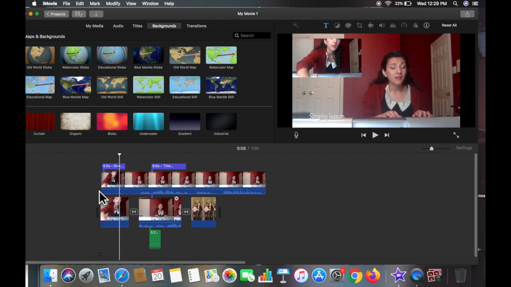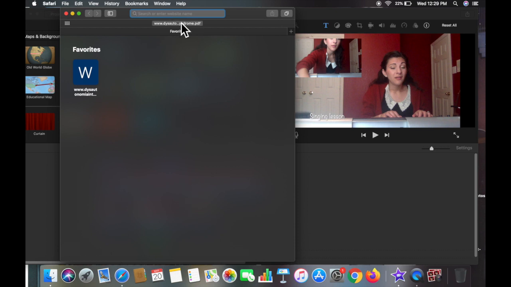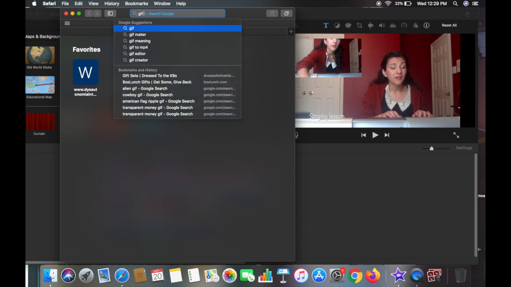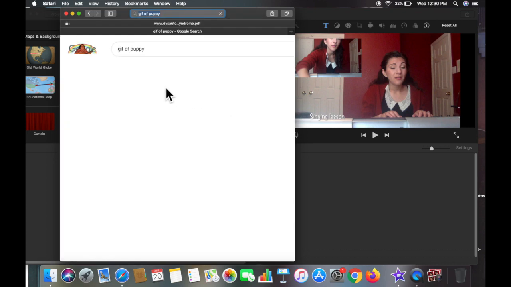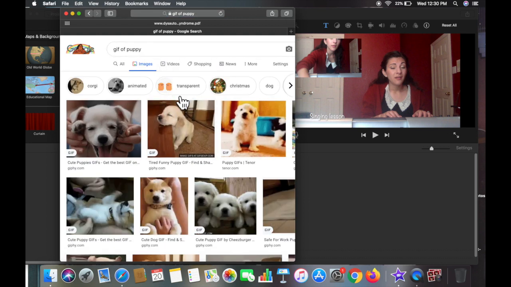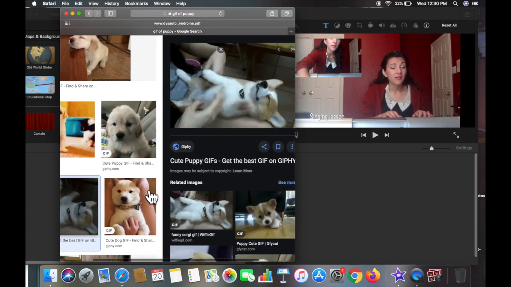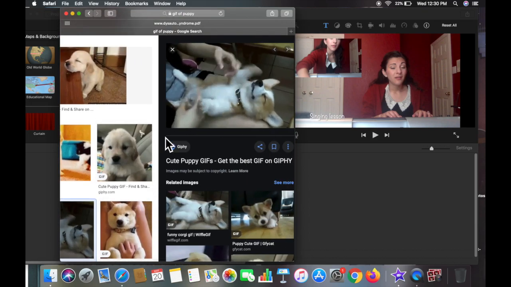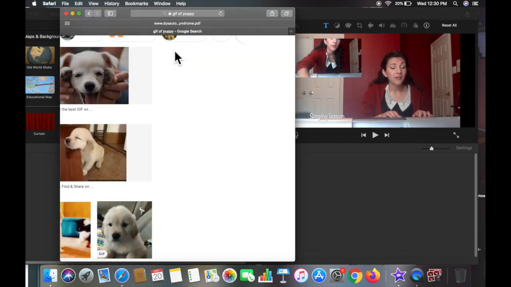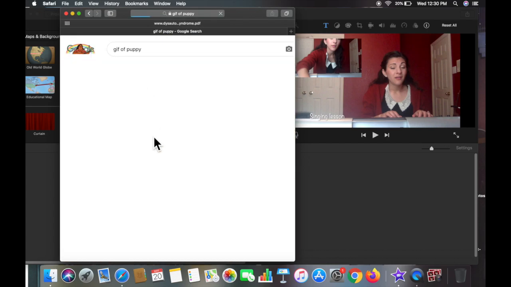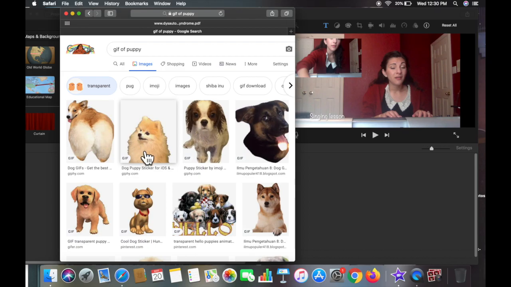The last thing I want to show you before I show you a complete lesson is something that's fun to do with younger kids. You can overlay, let's just say, a GIF of a puppy. You can overlay little moving images. Now I can put in, everyone loves a good GIF, there's a corgi. I have a corgi, so that's fun. You might want to put that in your video, or let's just say, if you want it to look like the image or the video is just floating,